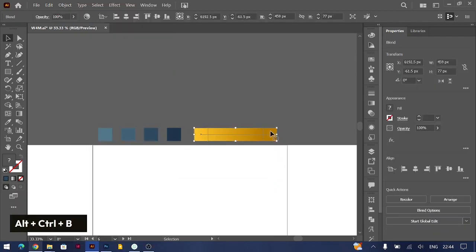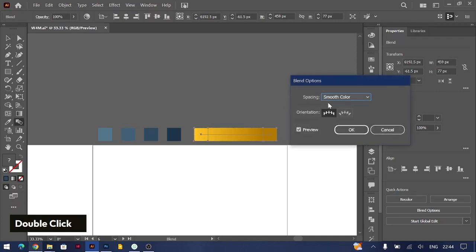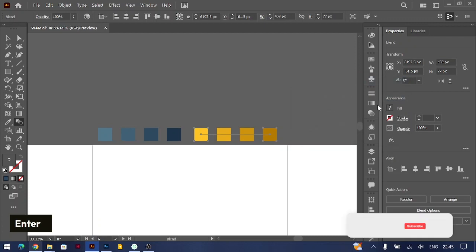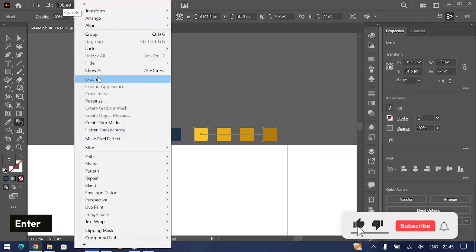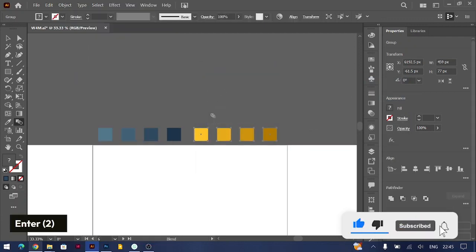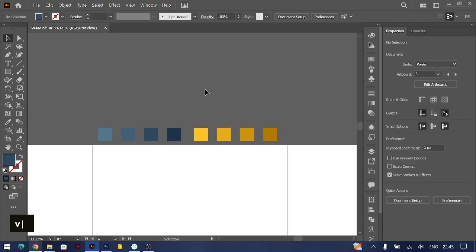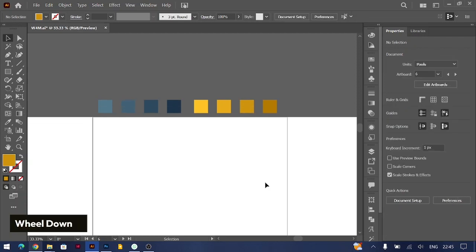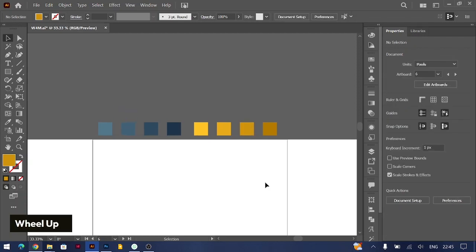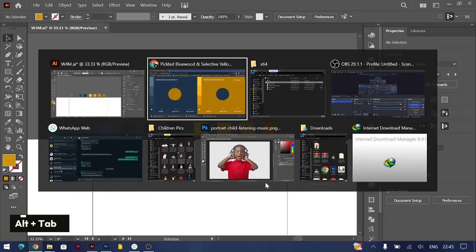I'll have the Blend tool, we double click here, we choose Specified Steps, make it 2, and press OK. We'll come here to Object, Expand, press OK, and we ungroup them by holding Ctrl Shift G to ungroup. So they're now different shapes, and this is how you can create your color palette using the pigment